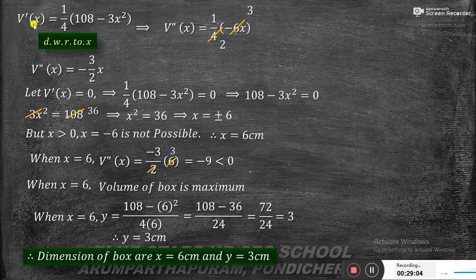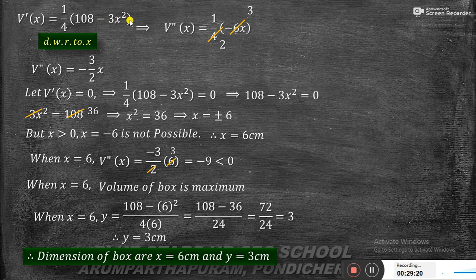So you see, V'(x) = 1/4 (108 - 3x²). This is the differentiation, V'(x). Next, from this I find V''(x). V''(x) is 1/4 times the differentiation of 108, which is 0 because it is a constant,